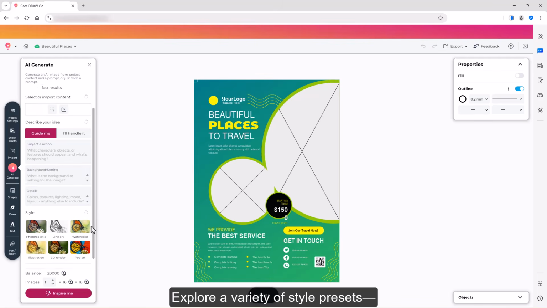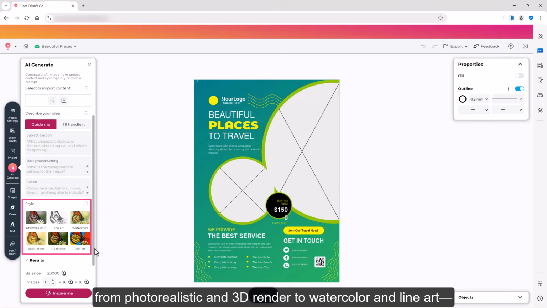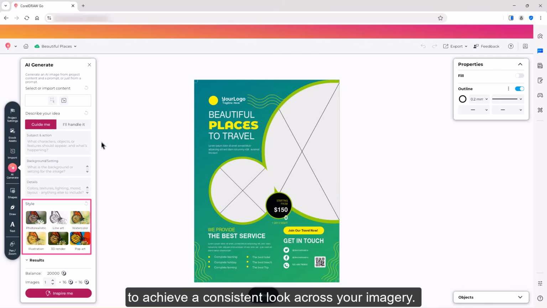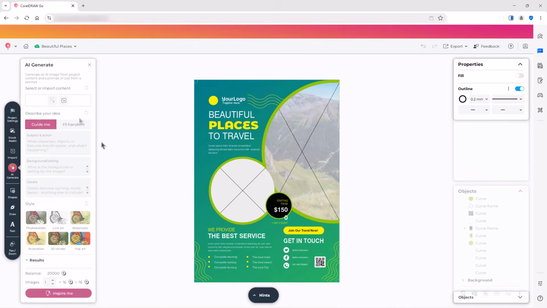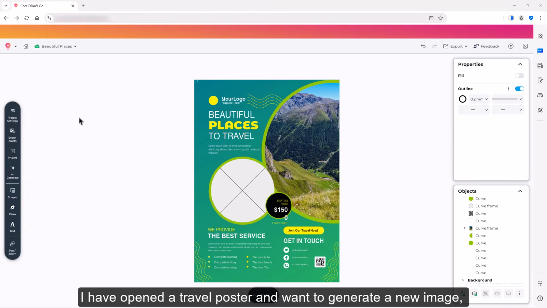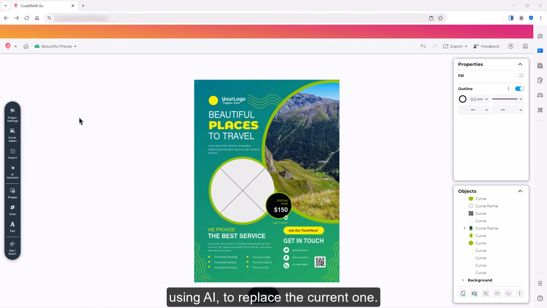Explore a variety of style presets, from photorealistic and 3D render to watercolor and line art, to achieve a consistent look across your imagery. Plus, unlock powerful new editing possibilities by using text prompts to modify existing images, remove subjects, change colors, and more. I have opened a travel poster and want to generate a new image using AI to